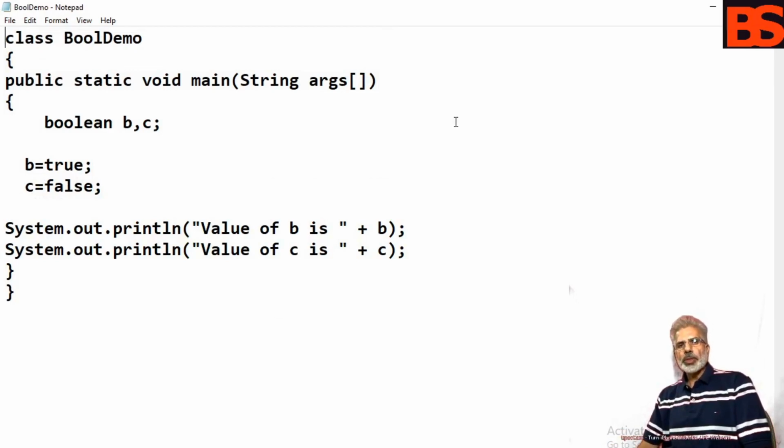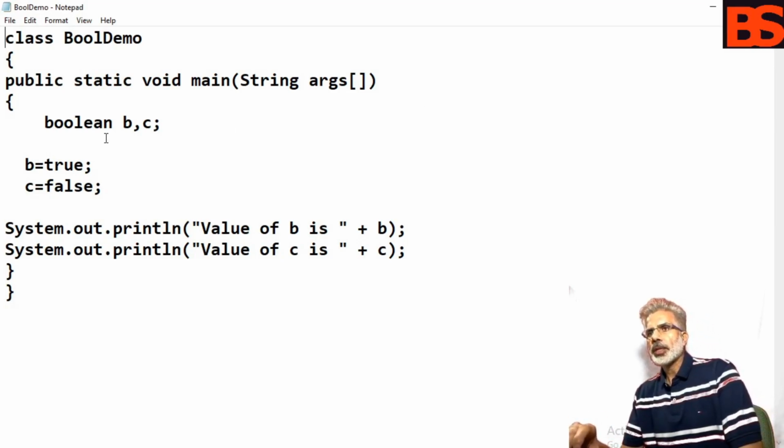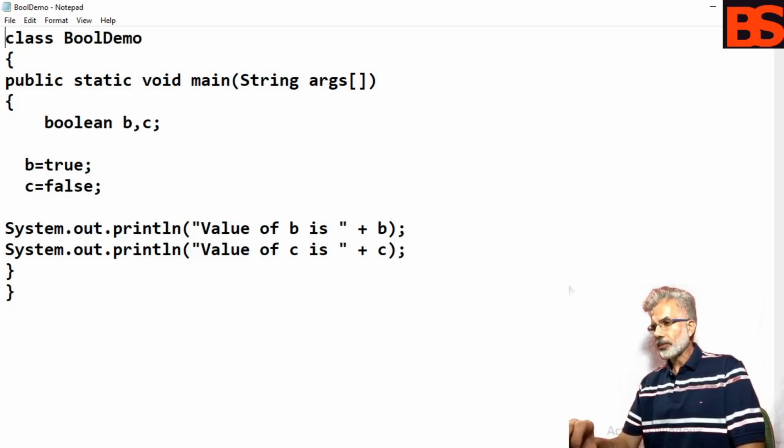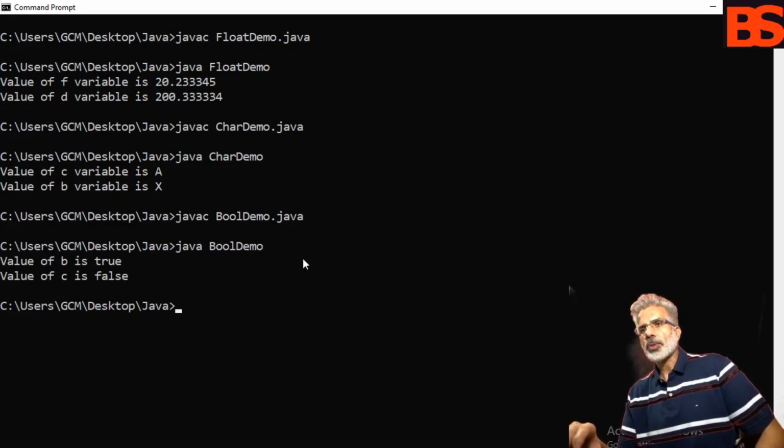In the Boolean type, you can save only two values, true or false. So here you can see Boolean b and c, two variables, and I have assigned the value true to b and false to c. Let's see the output of this program. Value of b is true and value of c is false. This is the output of your program.